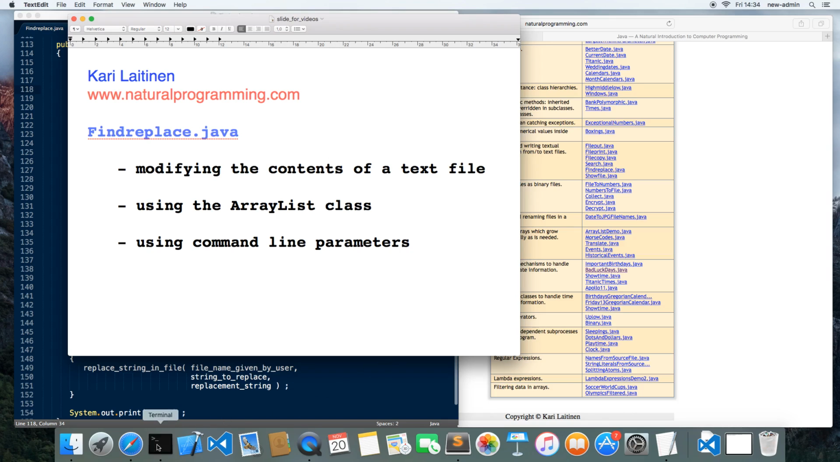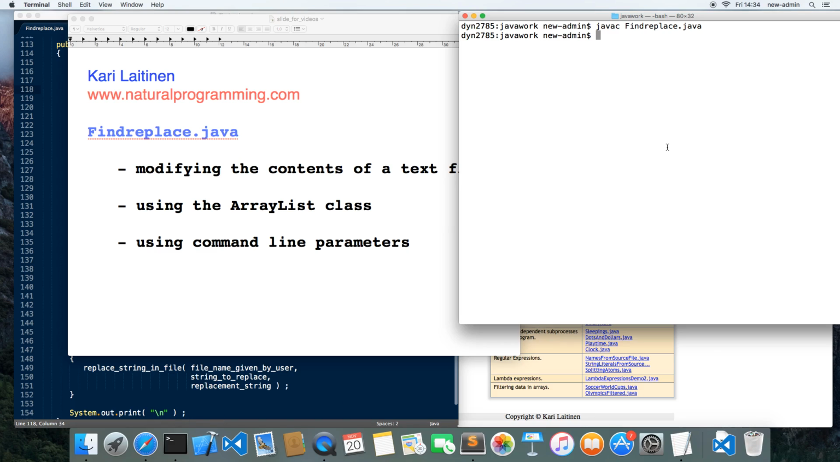I have already downloaded it, and I have gone to the folder where the program is located, and in this folder I have these files, Findreplace.java and the Findreplace.class, and then I have a file called shortstory.txt. So I will show you now how we can modify the content of the shortstory.txt. So let's first